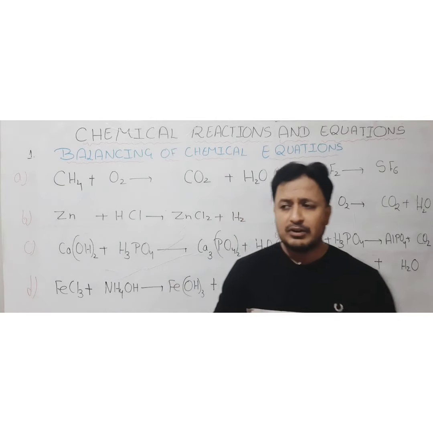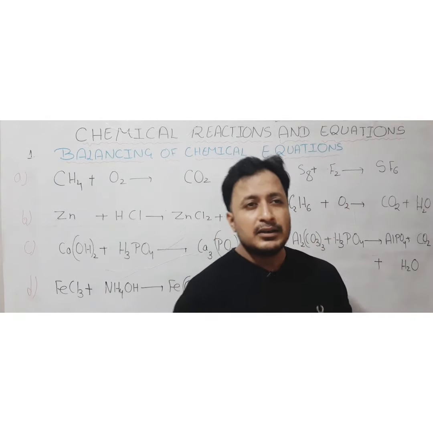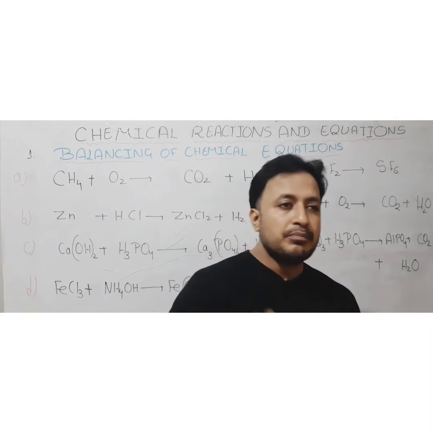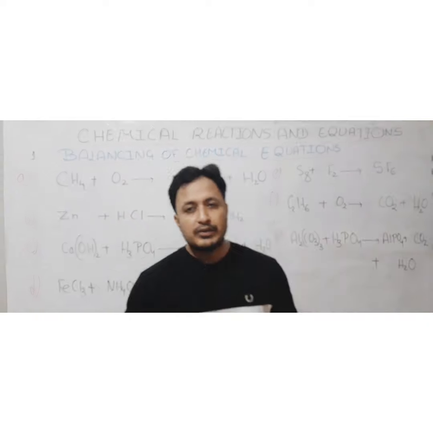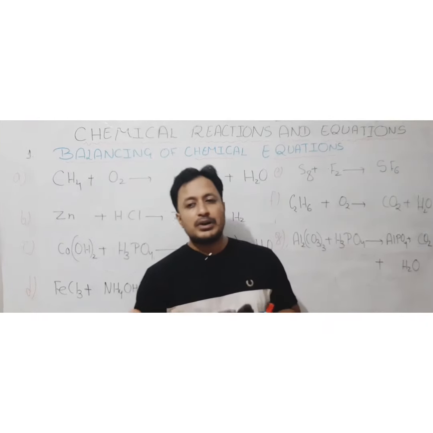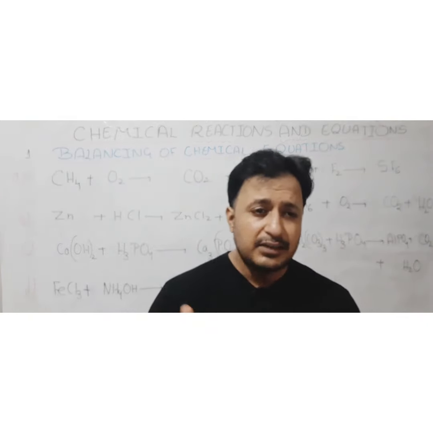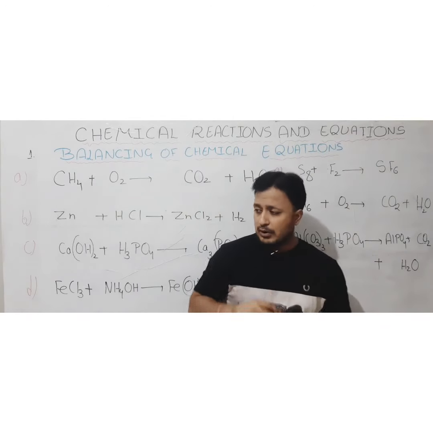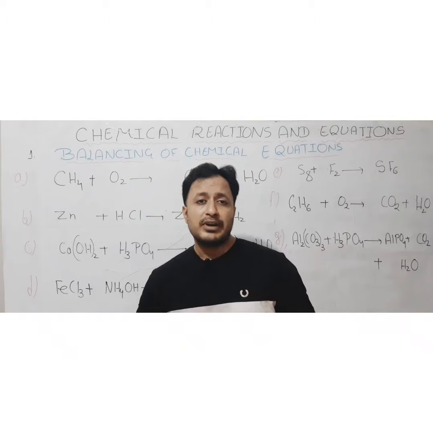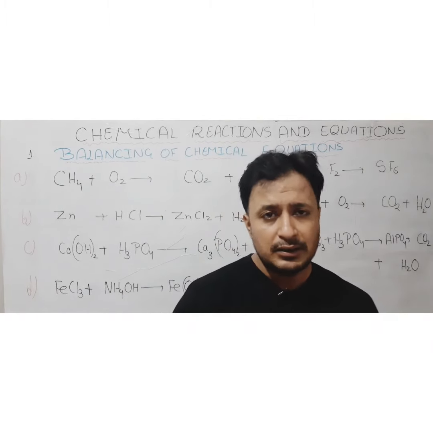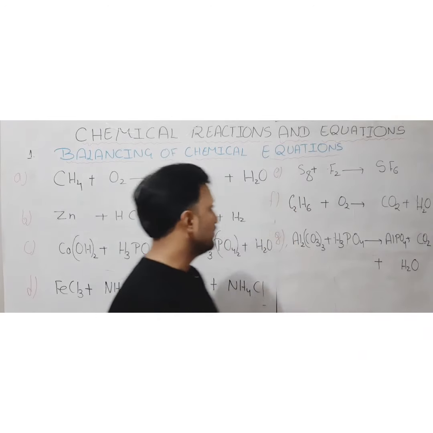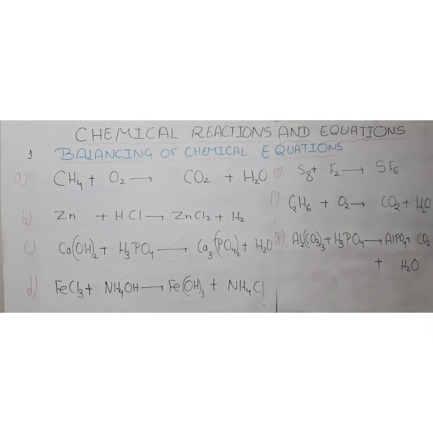Before I start, I want to tell you that for balancing a chemical equation, there are two methods which we can use and which will give you a definite answer, but that is not in your syllabus right now; that is in grade 11. So for balancing the chemical equation in grade 10, we are going to use some trial-and-error method. I am going to give you some tricks. Let's see how helpful they are. So let's start.